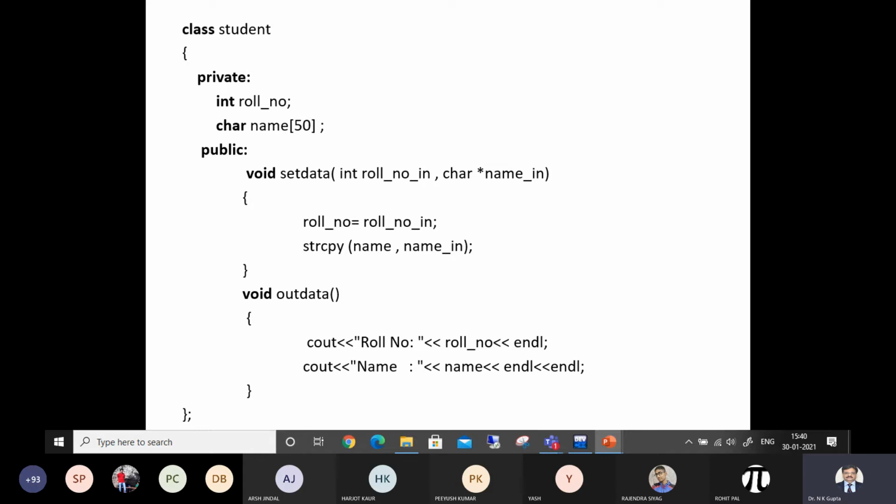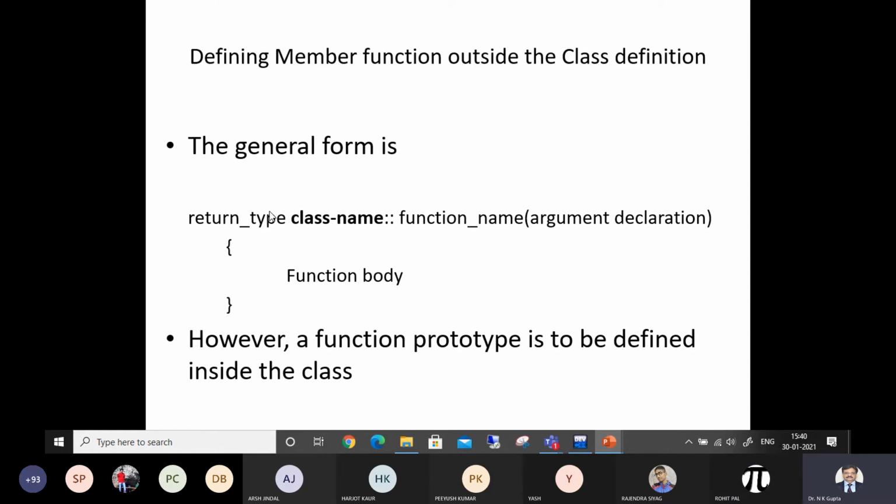But how is it going to make out that setdata belongs to the student class or any other class? For that matter, you can see return type, name of the class, scope resolution, the function and all the argument declarations, and the function body between two curly braces. However, a function prototype is to be defined inside the class. So this is the general form of writing the member function definition outside the class.